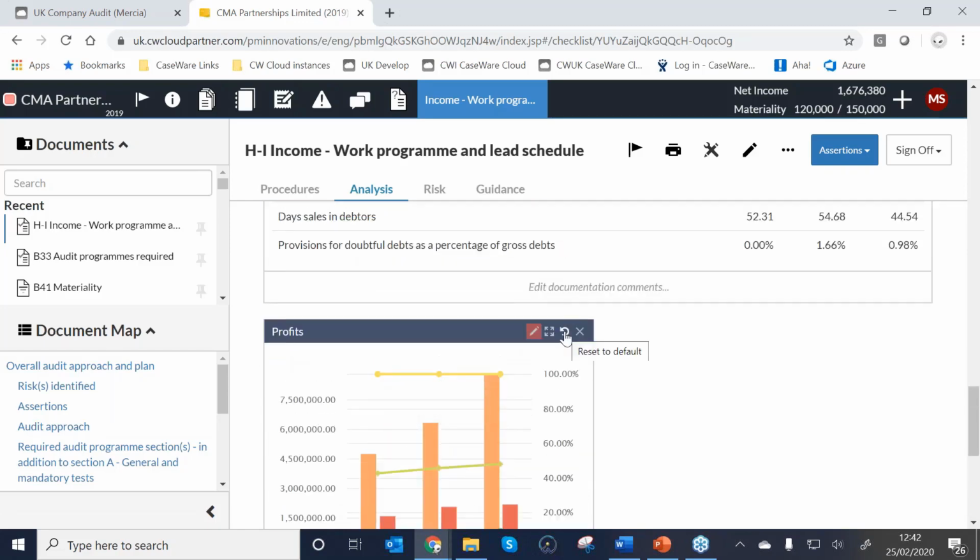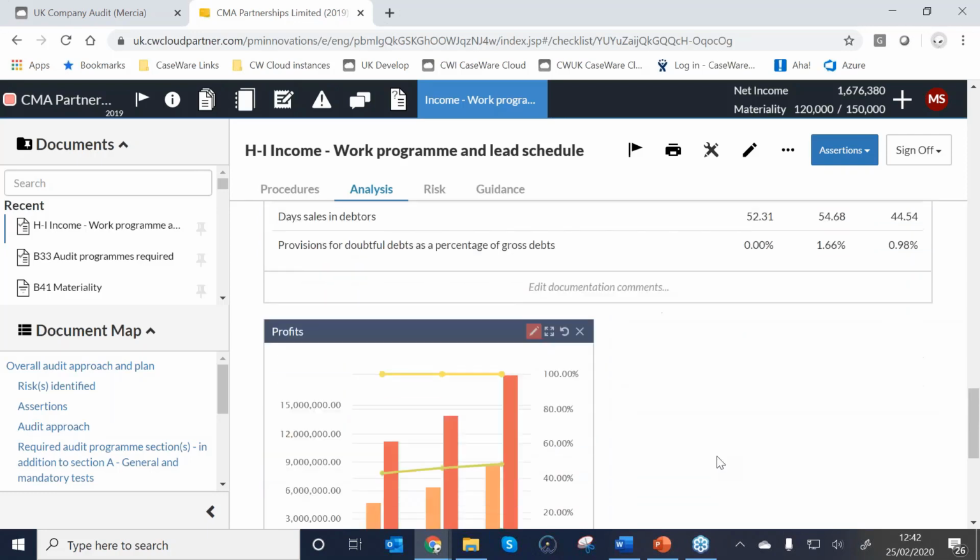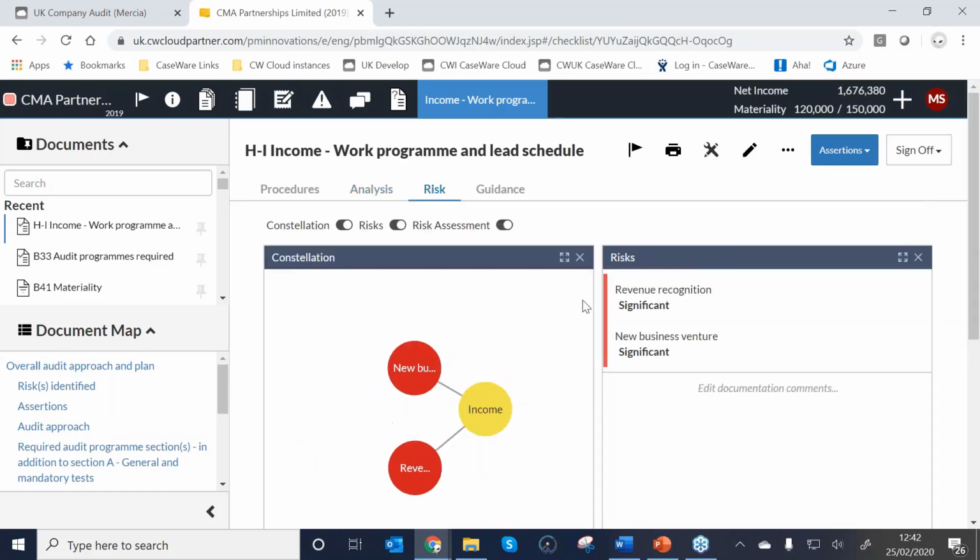Alternatively, you can revert to the default, so I can reset it back. So there's a number of different options here for people to go through and toggle how they're viewing that information. If I move on to the risks tab, the risks tab will give me a breakdown of all of the